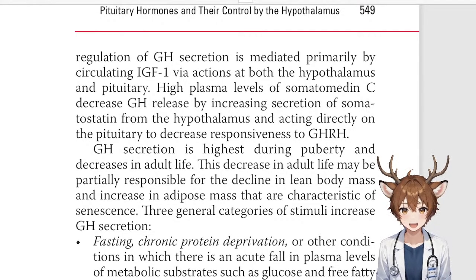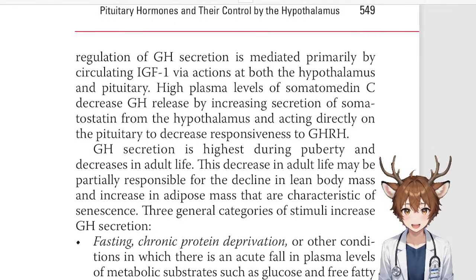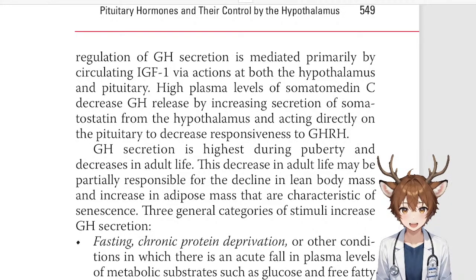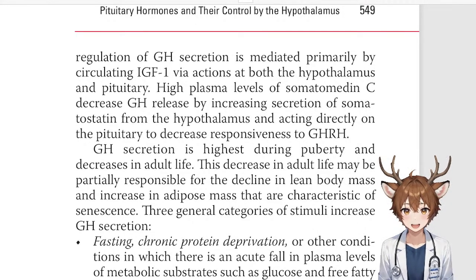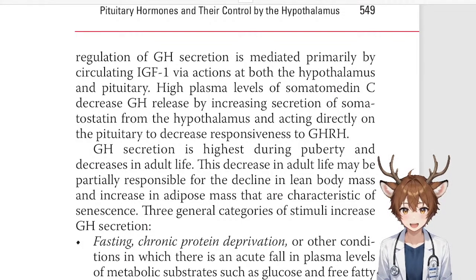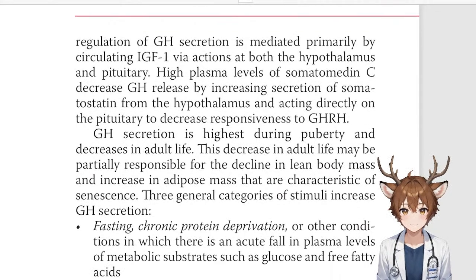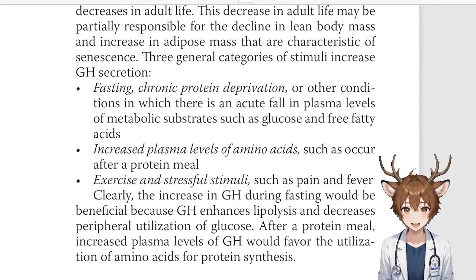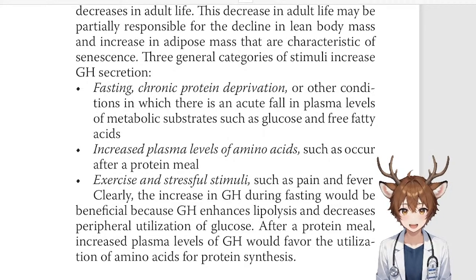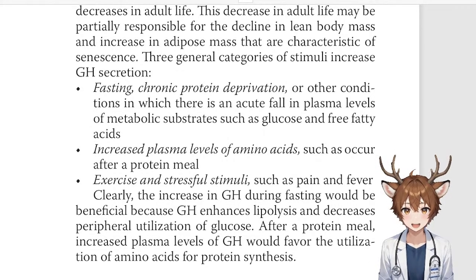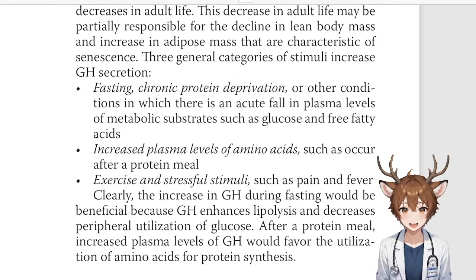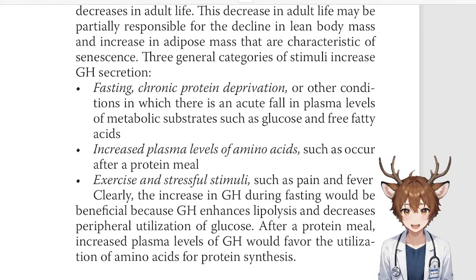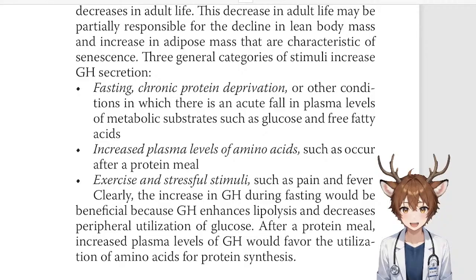Growth hormone secretion is highest during puberty and decreases in adult life. This decrease in adult life may be partially responsible for the decline in lean body mass and increase in adipose mass that are characteristic of senescence. Three general categories of stimuli increase growth hormone secretion: fasting, chronic protein deprivation, or other conditions in which there is an acute fall in plasma levels of metabolic substrates such as glucose and free fatty acids; increased plasma levels of amino acids such as occurring after a protein meal;